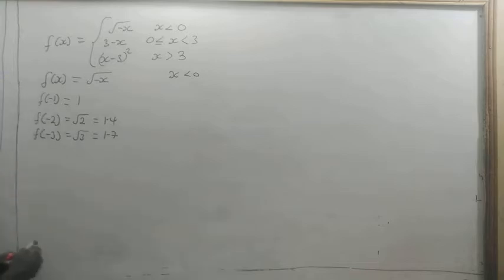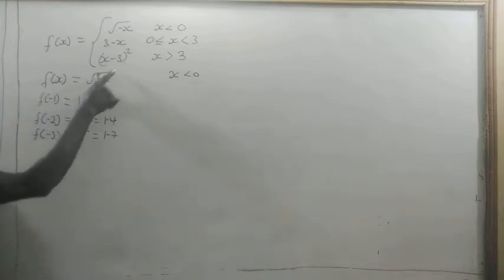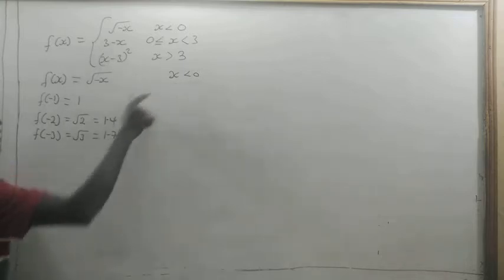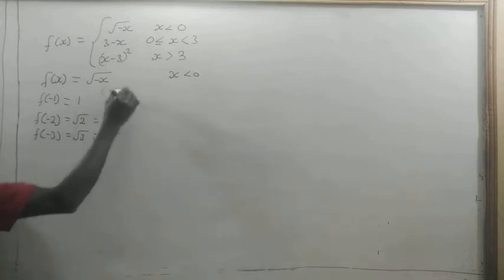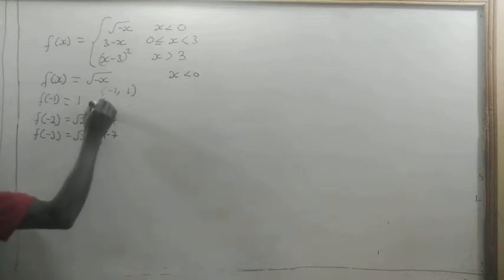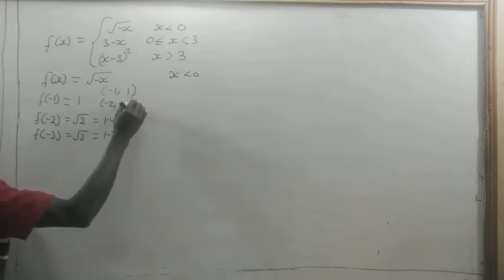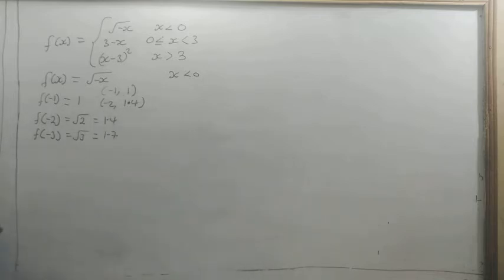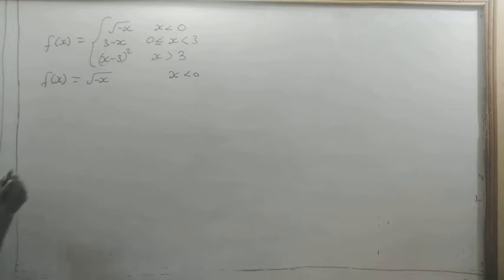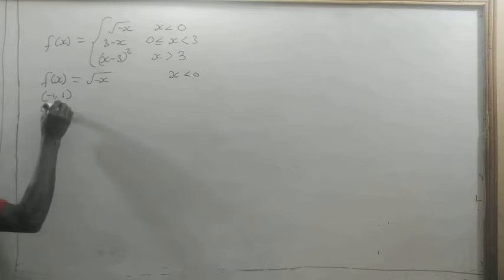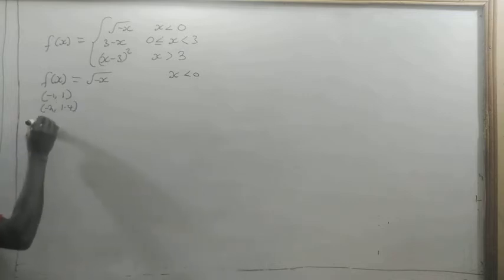So here, if we take f of x equal to the square root of negative x, that is considering x less than 0, the pairs of values that we are going to get are negative 1 gives 1, negative 2 gives 1.4, and negative 3 gives 1.7. So let's write them there because I want all these things to be there. Okay. Now, if we consider